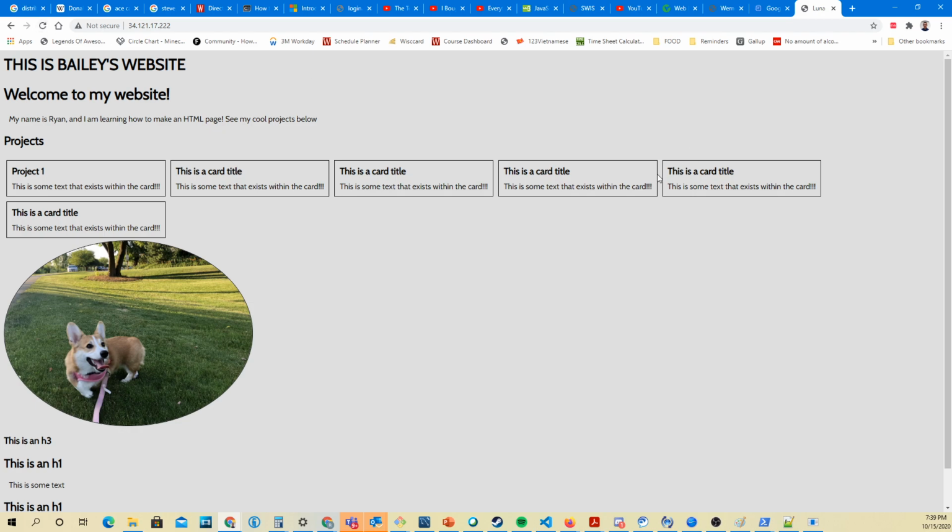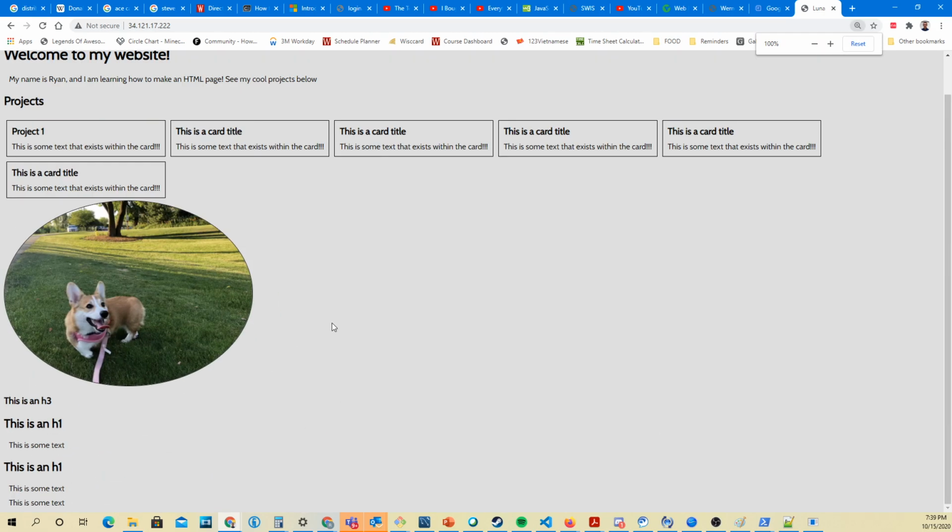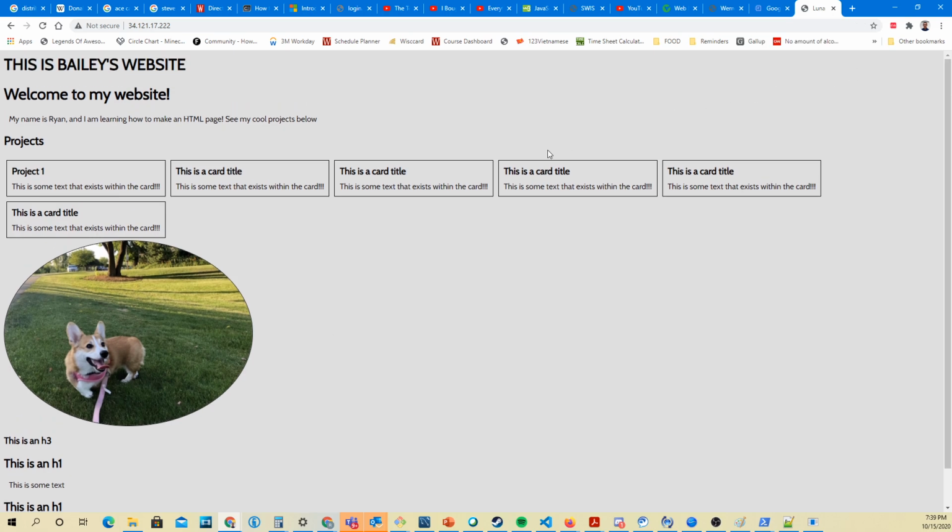Bailey, it's Luna! Pay no attention to the corgi behind the folder. Look at the corgi! Oh. Look at that. Okay, anyway, yeah,